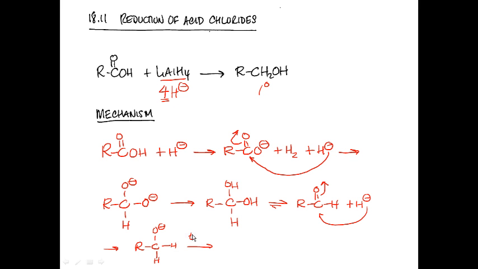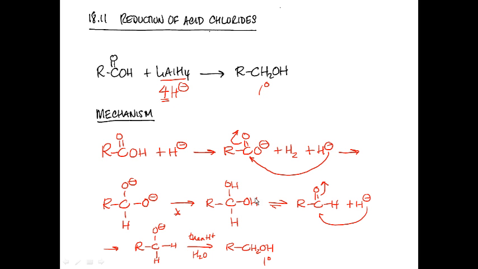And now then I would have my H+, H2O step, so that I would end up forming my primary alcohol. I have to say that this step right here is probably the most difficult to imagine, but this is a pretty strong base, and so it would pick up an H+ from wherever it could, from the solvent, from trace amounts of water. I would think in this reaction you would want just a little bit of water present in order to form the hydrate, but not enough water to actually form the alcohol. So that's a step that's always confused me, but